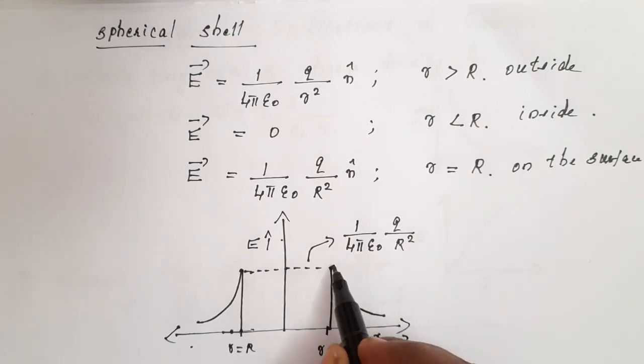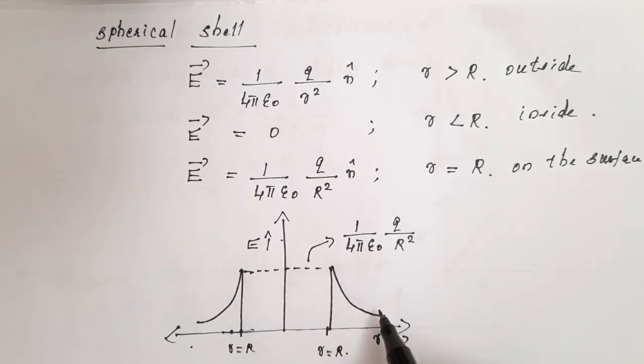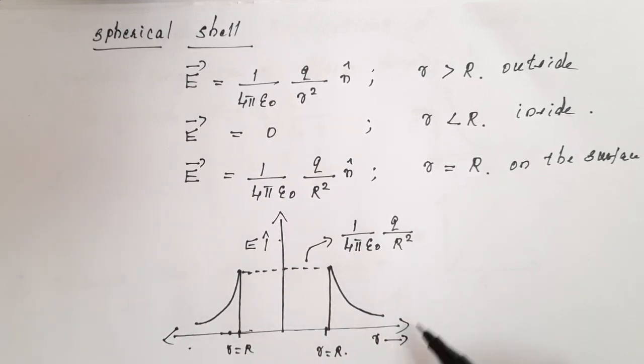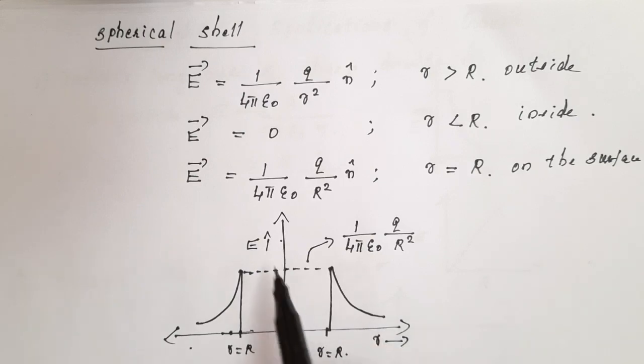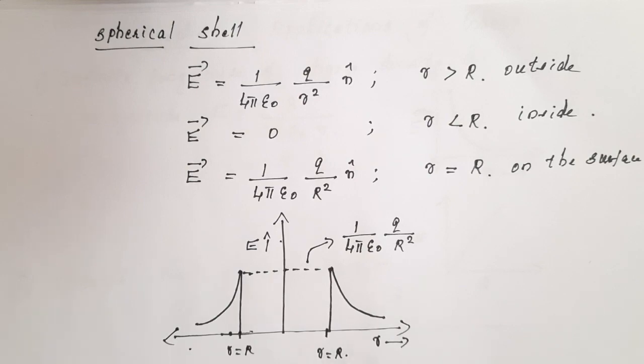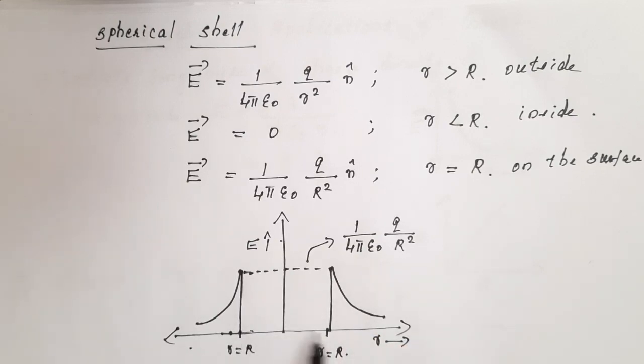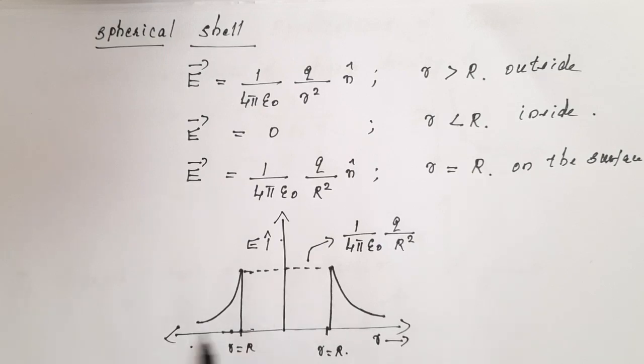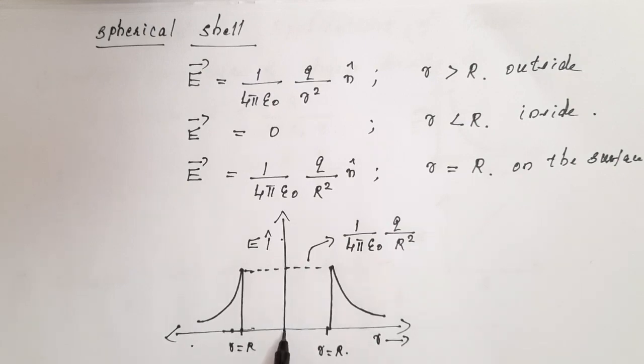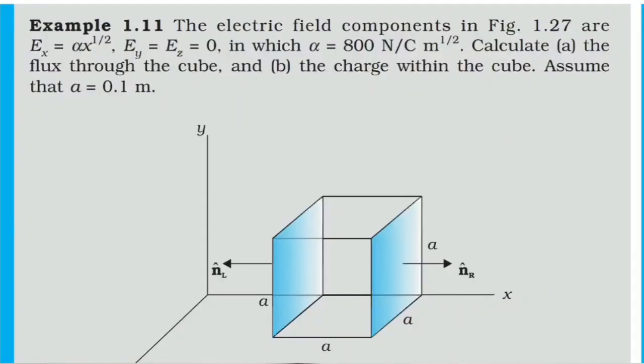Okay. Then outside the shell, it is decreasing like this, 1 by r square. So the graph takes the shape of a hyperbola. So that's what is shown in this graph. It's enough to draw one side, but it's a standard format. In many reference books, or on the internet itself if you Google, you can see this type of graph showing both sides. So there is not much difference. The same thing here also. That means we are assuming the center of the spherical shell to be at the origin. So it is drawn on either side.